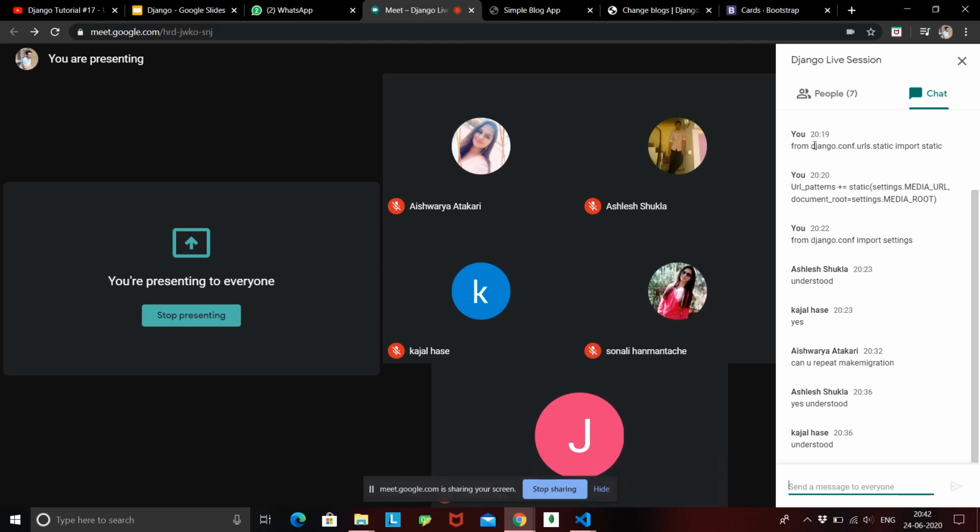This complete process of how we can store media files, how we can render media files, how we can do the settings and the URLs and everything. Once you do it yourself it will be much clearer, but for now the concept is clear, everyone.